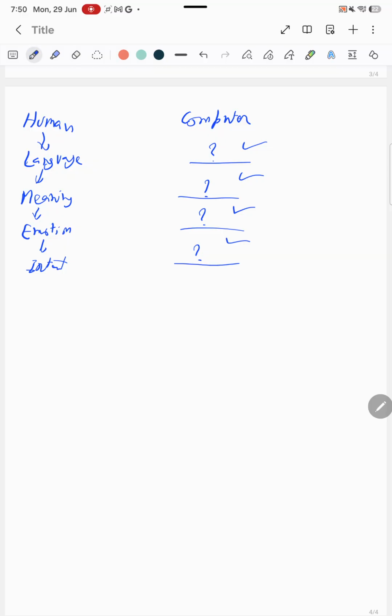The answer is surprisingly simple: computers only understand electricity, nothing else. Humans understand language, meaning, emotion, intent, but computers only understand electricity.